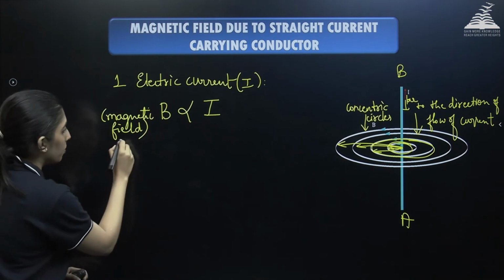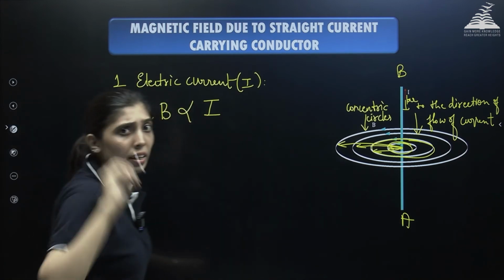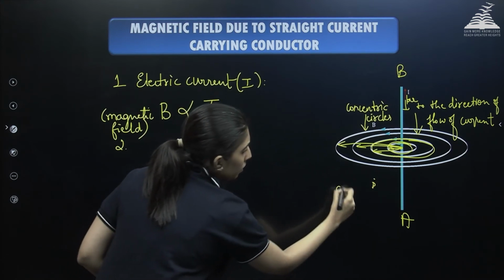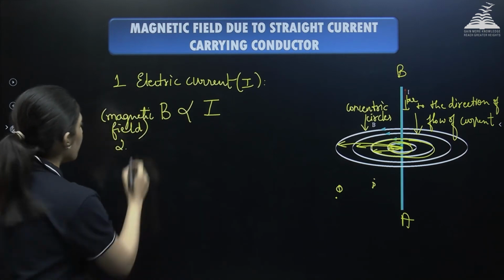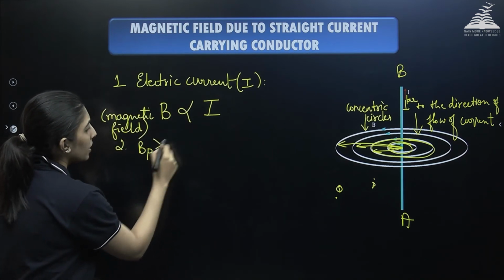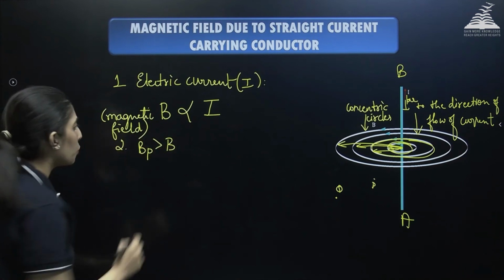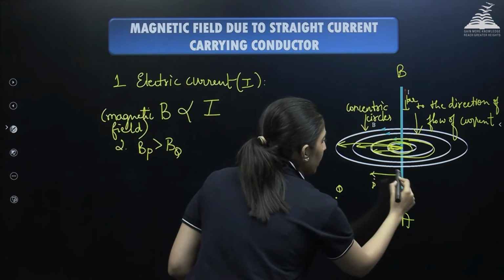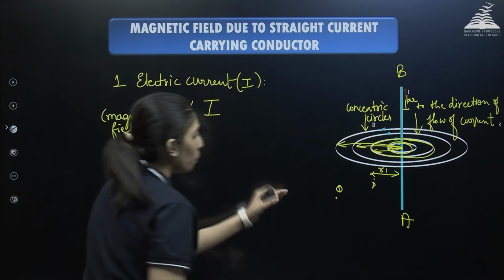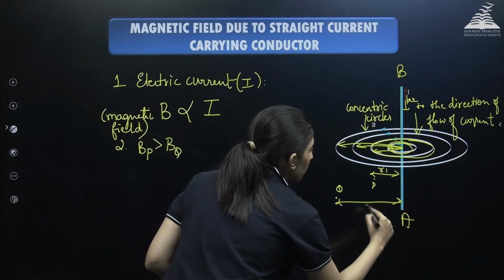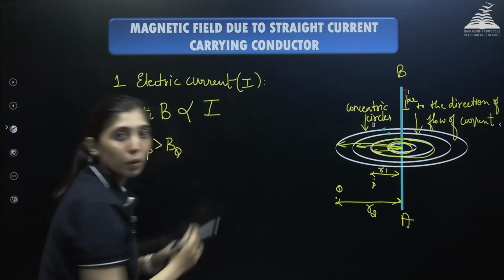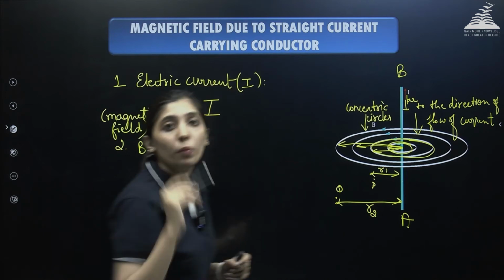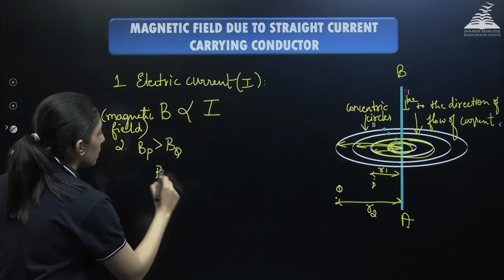And the second factor. Now, to study the second factor, let's consider 2 points P, Q. The magnetic field at point P will be greater than the magnetic field at point Q because let's measure the distance from the conductor to point P to be R1, from the conductor to the point Q be R2. If we keep moving away from the conductor, the magnitude of magnetic field keeps decreasing, which means B is proportional